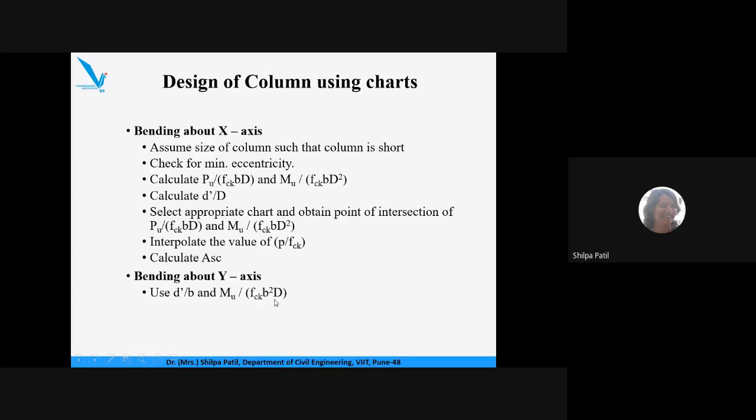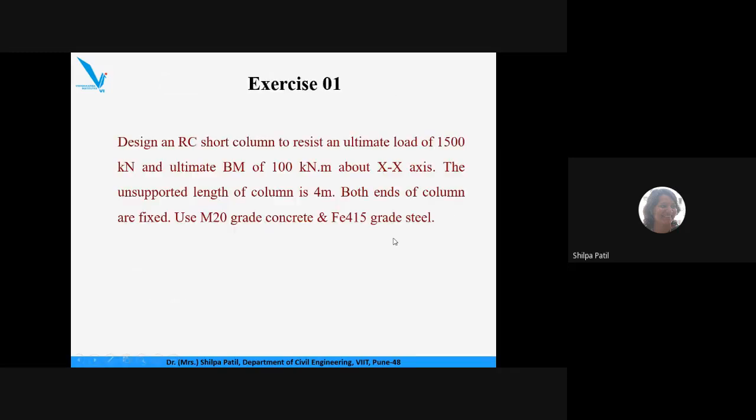So we have to check whether the bending is about x-axis or about y-axis, and that depends upon the e value, whether we are getting ex greater than e minimum or ey greater than e minimum. Depending upon that, we have to select the appropriate steps. Okay, is it clear? Once we solve one problem now, you will understand how to make use of this interaction